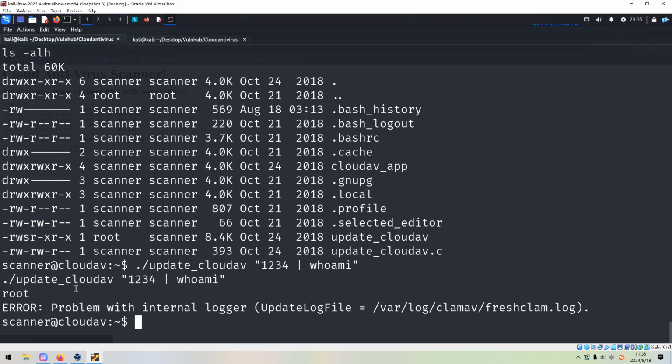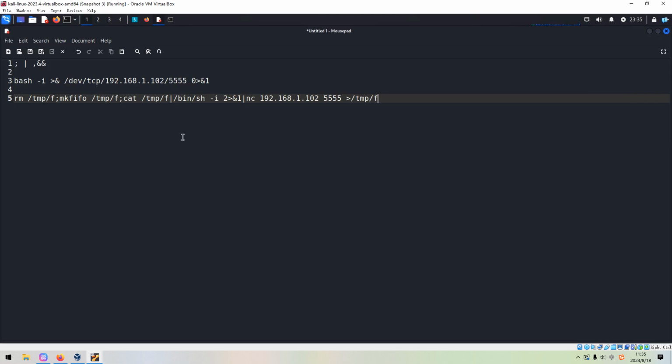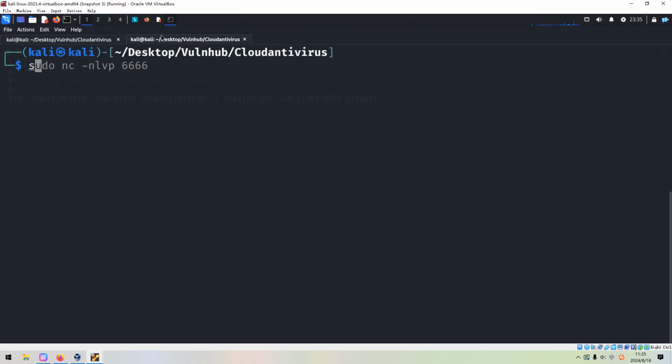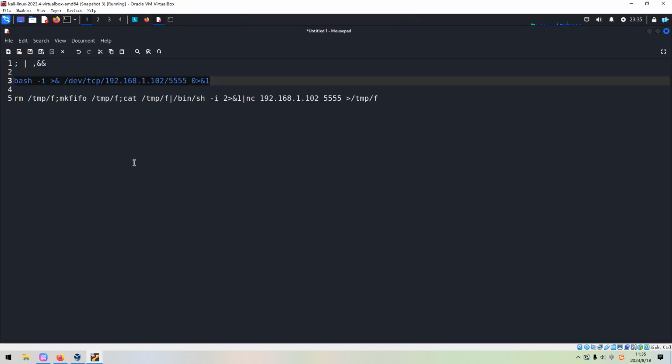We can run the reverse shell command, and this command will be executed after this anything. Okay, so let me show you. When I did the machine the first time, I simply ran this command. This doesn't work. I'd like to show you another way. Maybe I'd like to set up another listener. And next we can use this way.